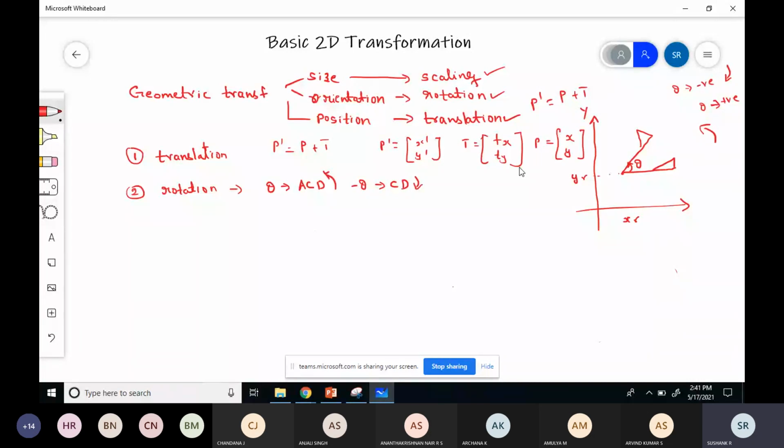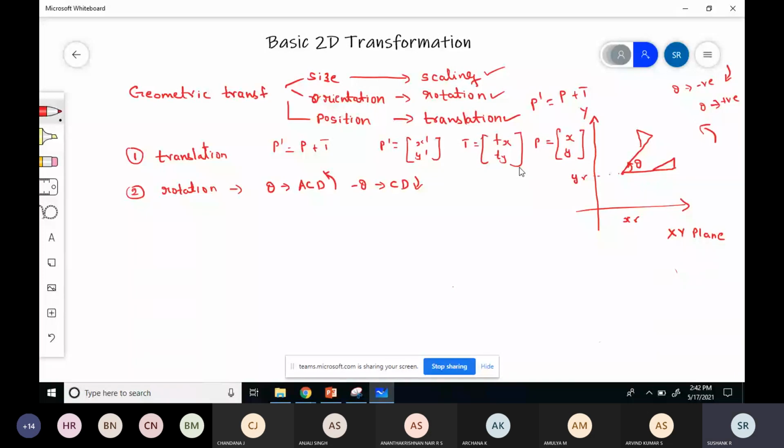So now you can rotate the object along the xy plane. So the 2D rotation is possible. See, you can rotate an object by giving the rotation axis and the angle theta. So positive means anti-clockwise direction and negative means clockwise direction. So you're rotating the object in the xy plane.